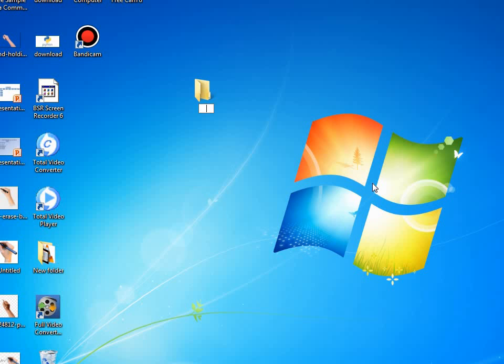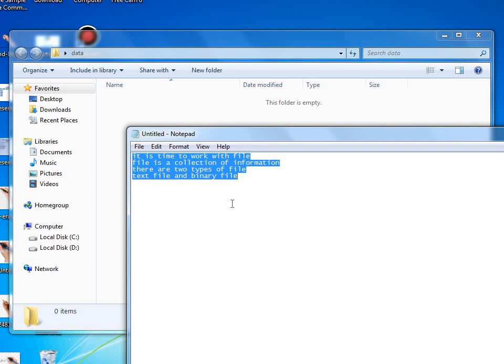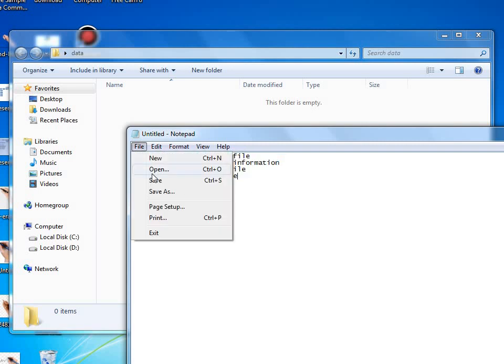Write in the folder name, for example, data, and open it and select one notepad file, and write some information inside the file and save as